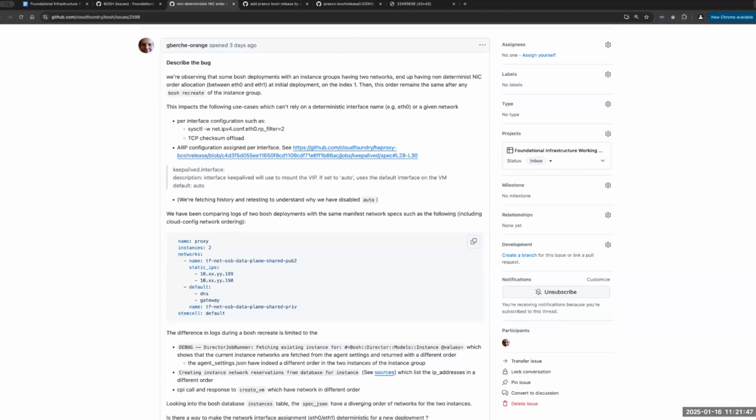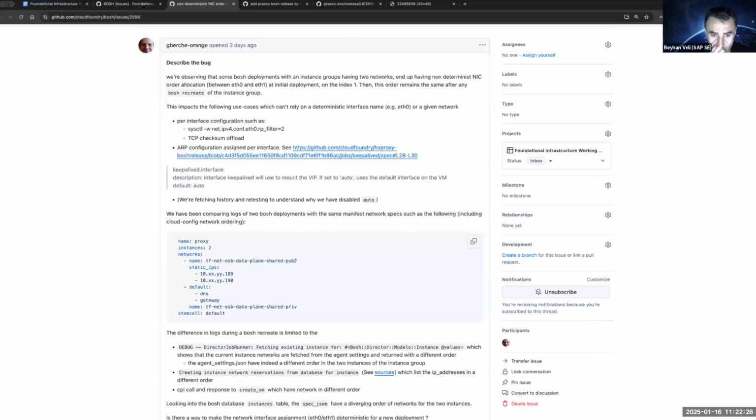They have a script with multiple networks, and their programs need to have physical access to those networks. They wanted to keep it the same every time, but apparently it's not doing that. So there are two ways to solve this. Either we keep eth0, and then Bosch can basically be deterministic. When we did the first run, we basically get the MAC addresses or IDs for the network cards,